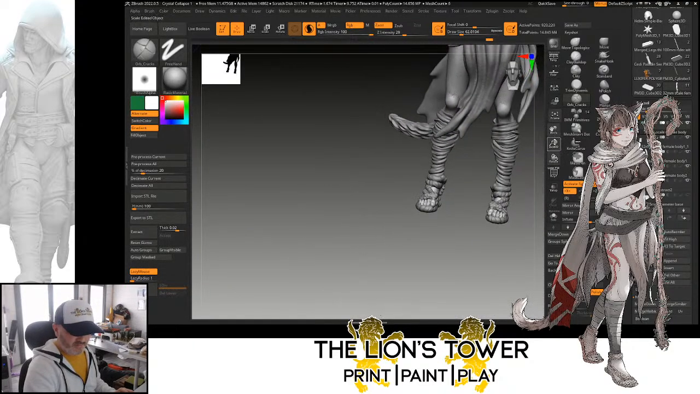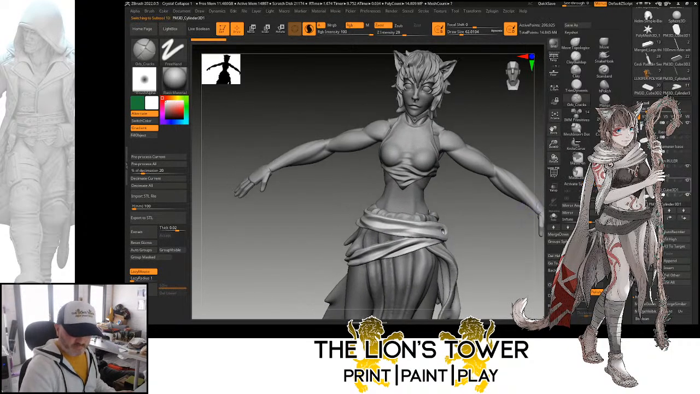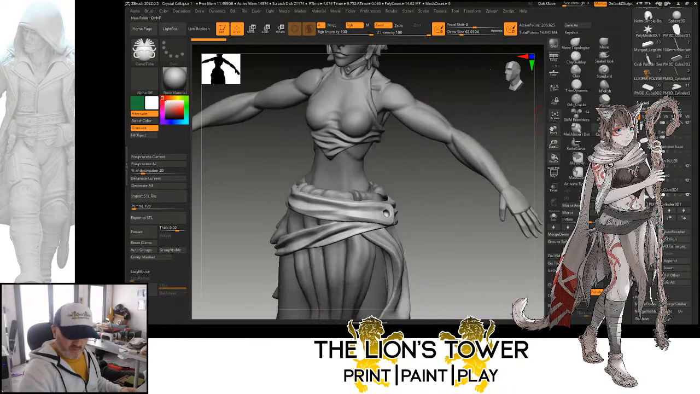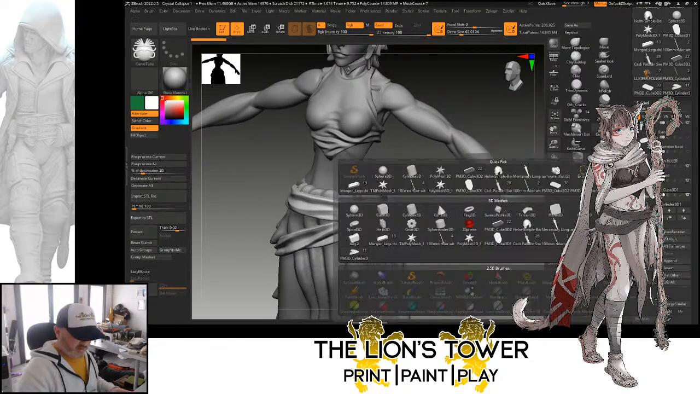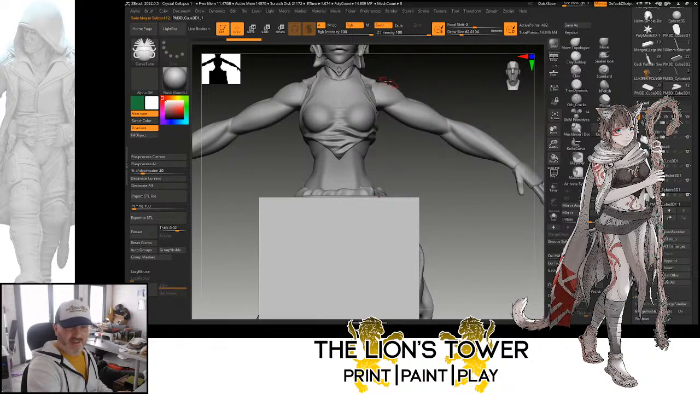Okay, so feet are done. Let's do this belt now. So I need to just adjust my reference image. Okay, something I hadn't noticed then. She appears to have a potion or something on a belt. So right, append. Let's go for a potion bottle. Let's make it squarish rather than